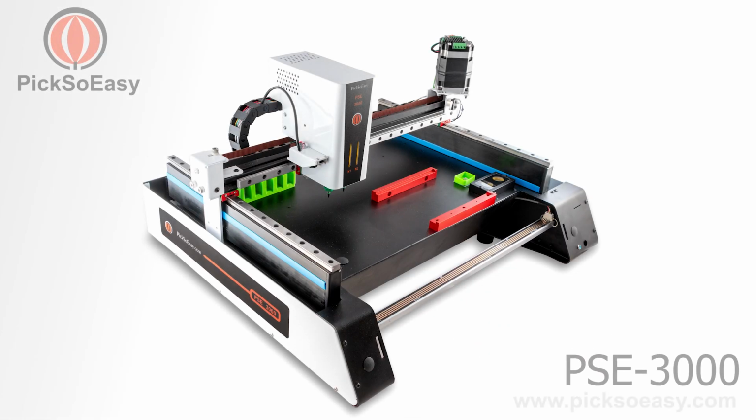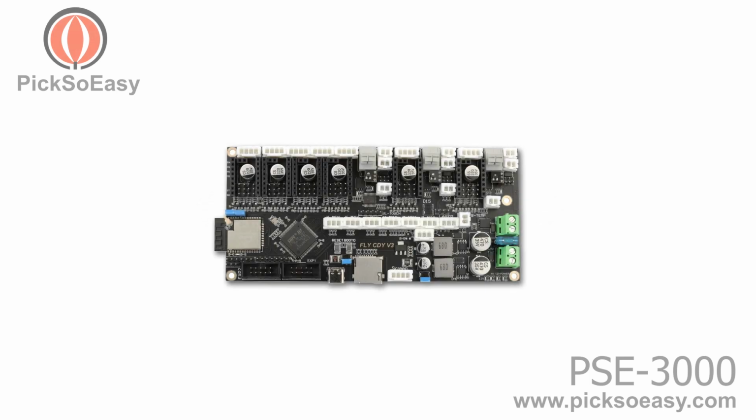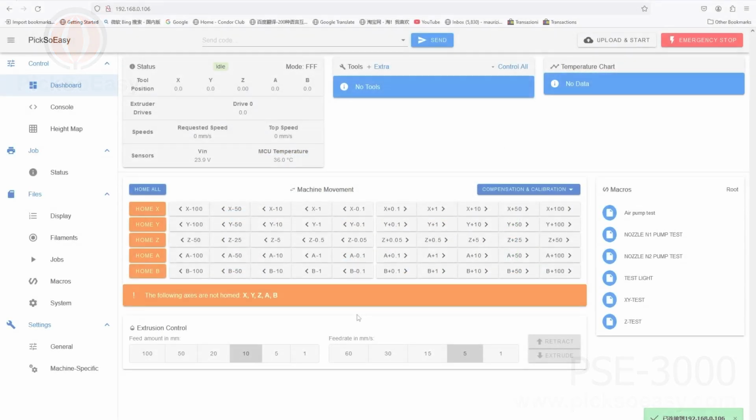The PSE-3000 is an OpenPNP pick-and-place machine. The communication between hardware and OpenPNP is possible thanks to the firmware. The firmware used by the PSE-3000 is RRF, RepRap firmware. We can check the configuration of the firmware and the status of the PSE-3000 by a web interface connecting to